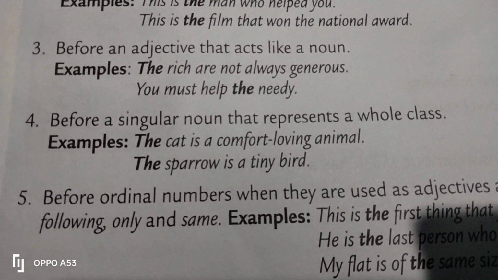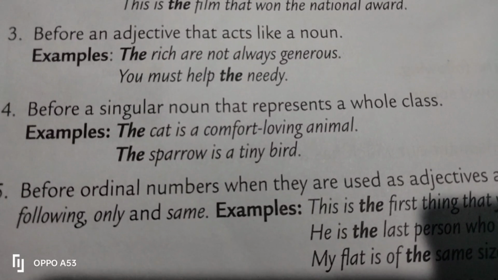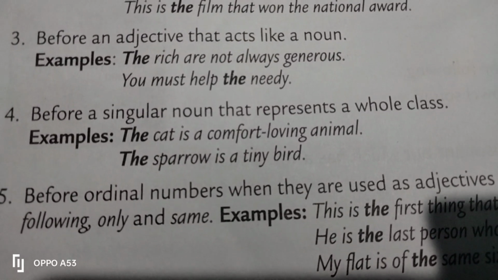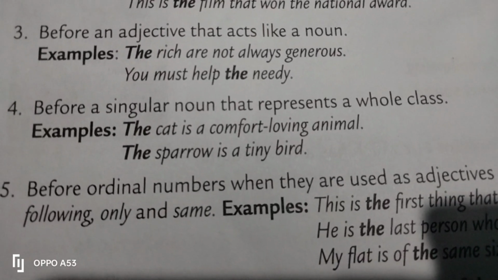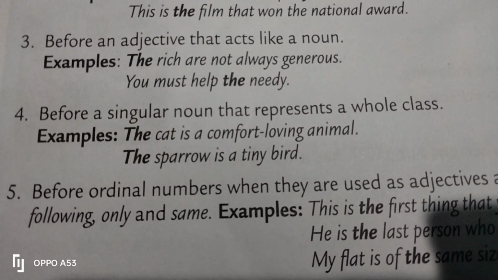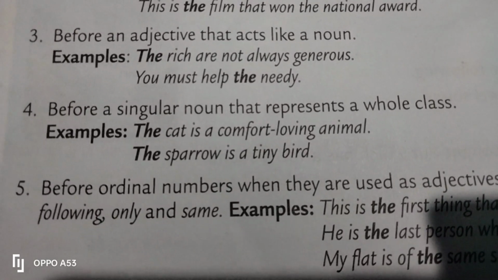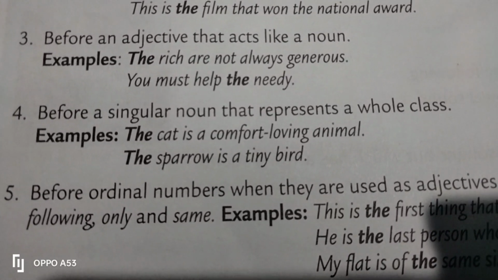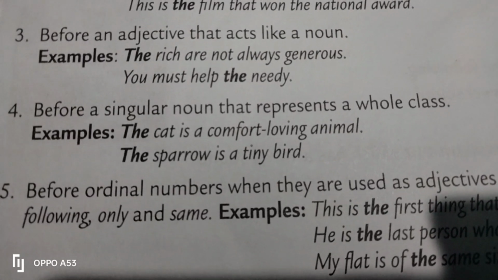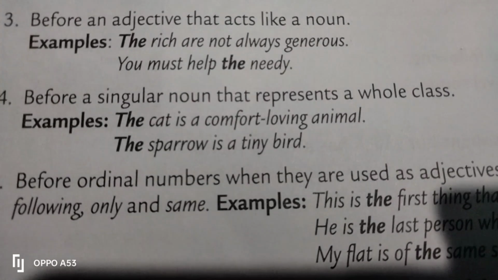So, the cat is a comfort loving animal. The sparrow is a tiny bird. From here you can understand, from the rule, if you look very carefully, that cat is a singular noun, sparrow is a singular noun, but that represents a whole class. Since it is representing the whole class,